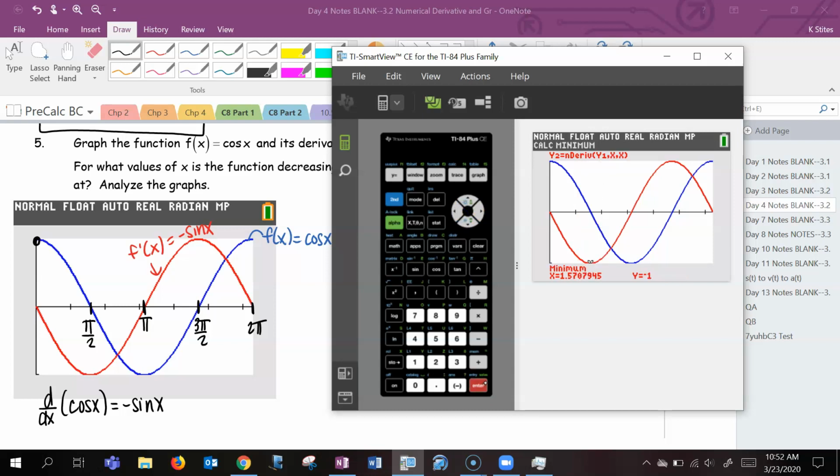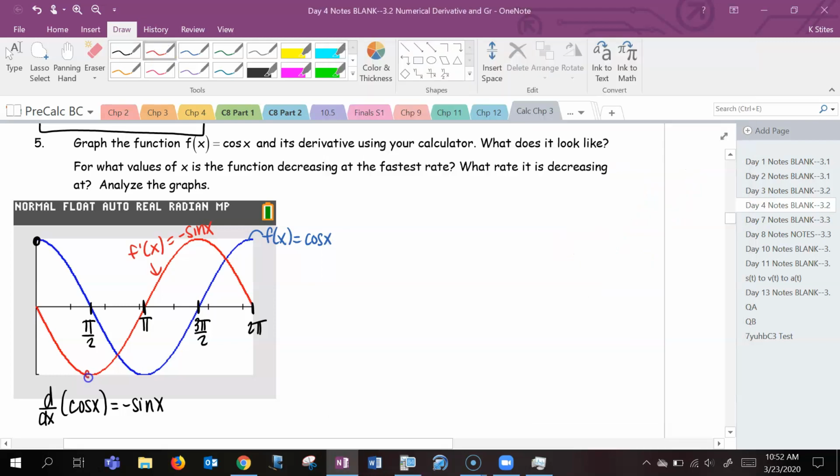Enter. So 1.57 comma -1. That 1.57, that's pi over 2. And then -1. So what that's saying is at x equals pi over 2, it is decreasing